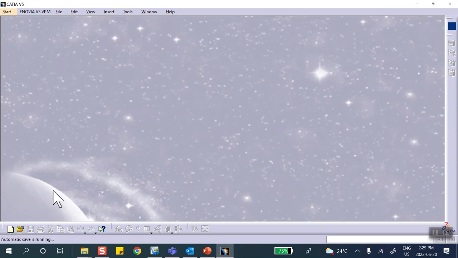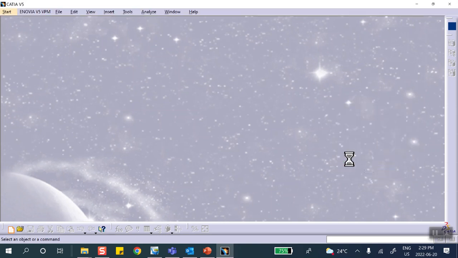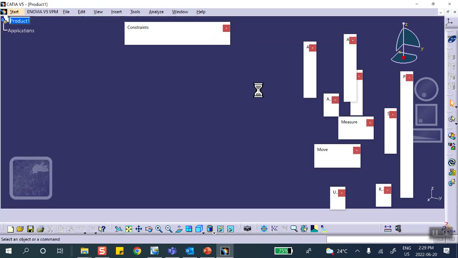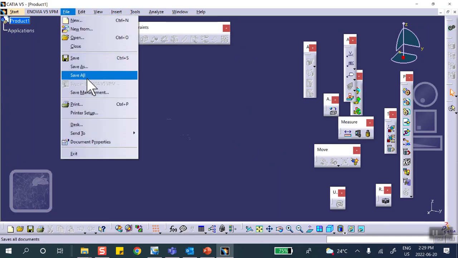The first thing I'm going to do is start with the product file. Please make sure you follow the instructions way at the beginning of this part of the course, because you don't want to get bogged down with improperly saving parts and products, and eventually things get messed up. Anyway, let's go back to assembly design. Okay, we are in assembly design right now, and I'm going to immediately save this product. So I'm going to say File, Save Management,